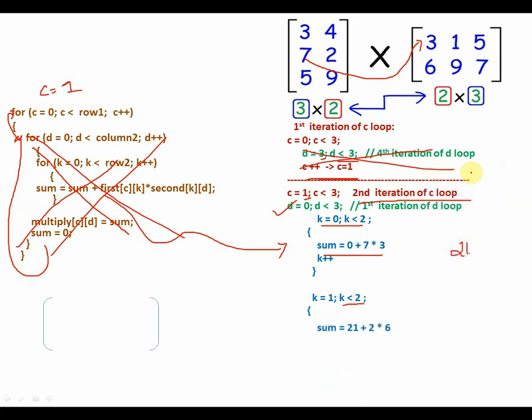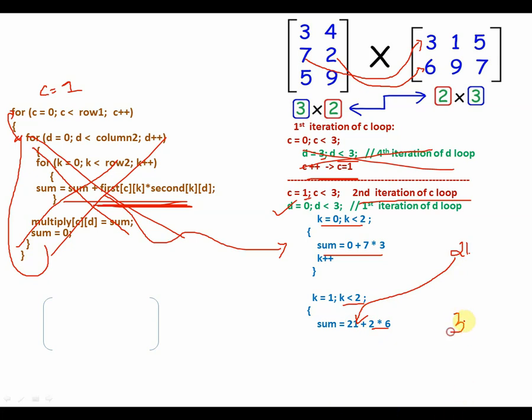1 is less than 2, so you go ahead and do this full line once again, which means you multiply this 2 with this 6 first time. Okay, so 2 into 6 is 12, and this previous sum value is added, so you get a value of 33.